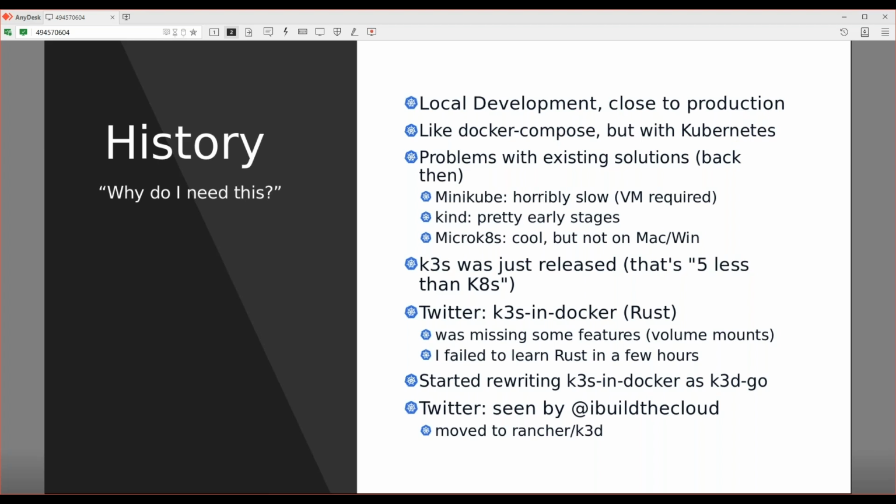I think not. Then I saw a guy named Rishab on Twitter who was tweeting about a project of his called K3s in Docker, which was written in Rust. I gave it a try and it was super cool and unbelievably fast. And since it's K3s in Docker, it also worked on Mac and on Windows. So basically everywhere where there's Docker installed. It was missing some features though, and